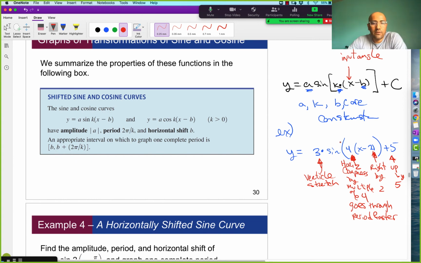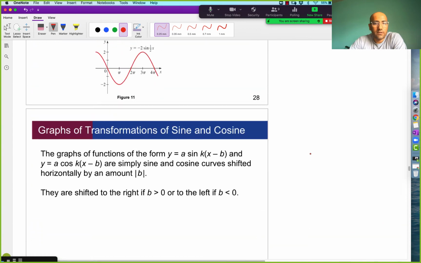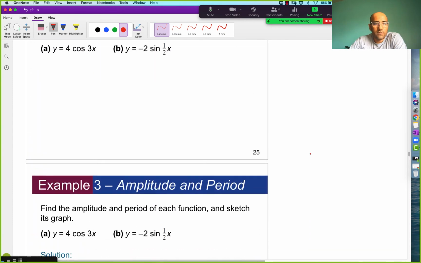Does that make sense? Any questions? No? Where did the constant go? What did they do with their constant? Did they put it over here on a